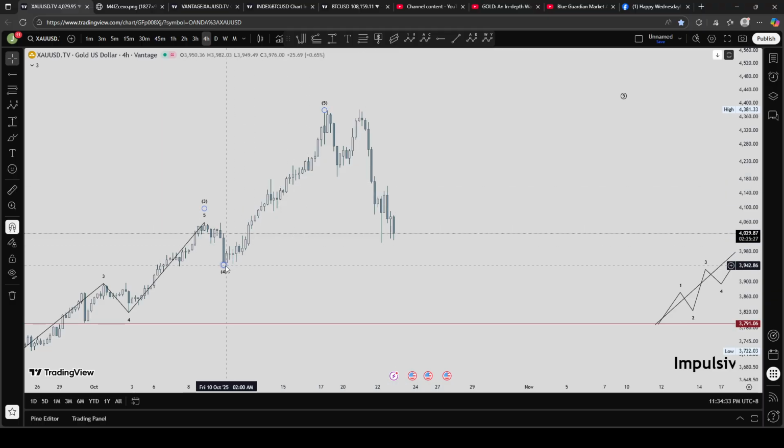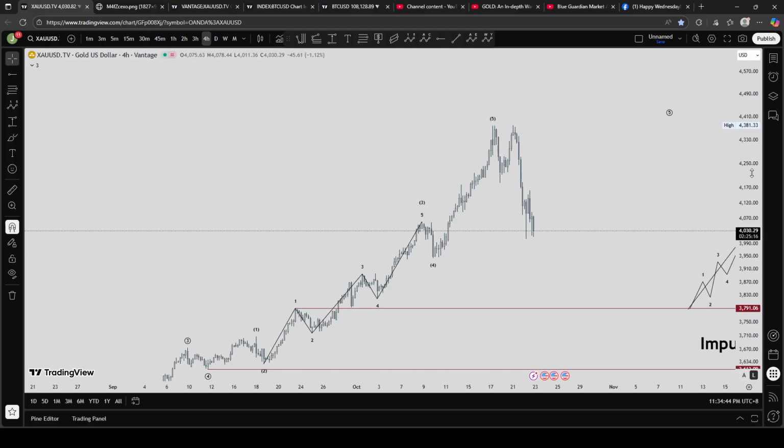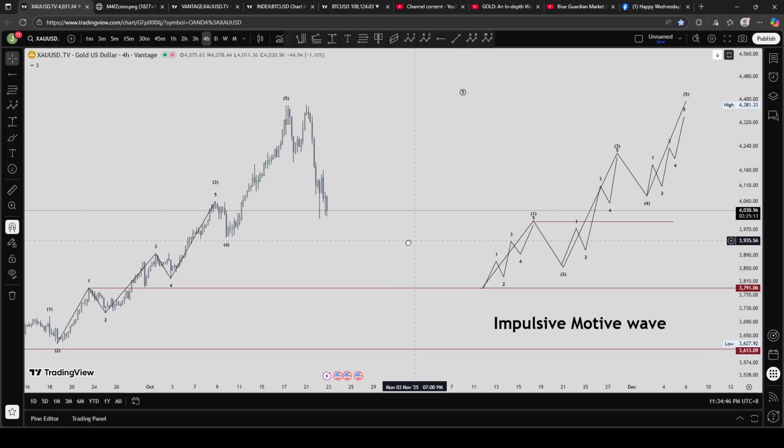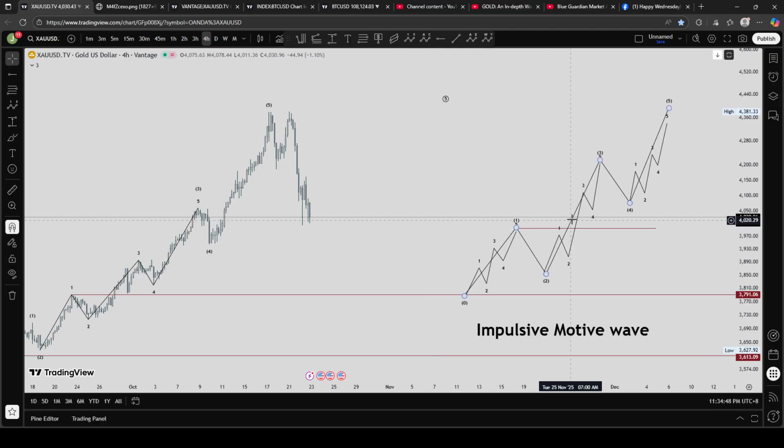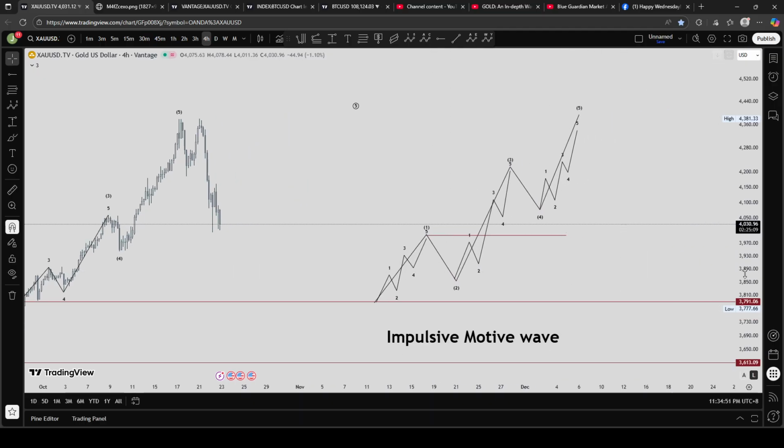Next, all we have to do is count 5 internal waves again, going to wave 5. Once we completed the 5 internal waves, then that's the only time that we can say that the correction may happen already. But let me just go back here and